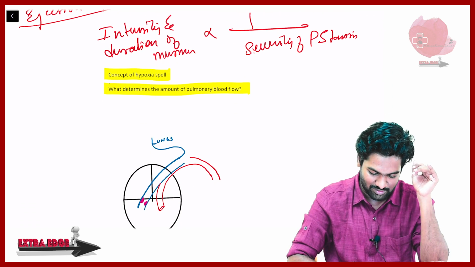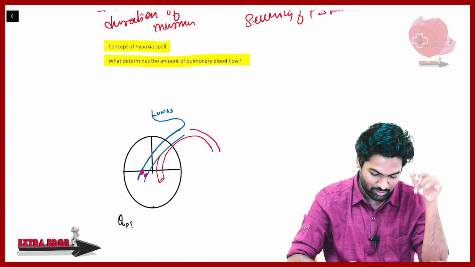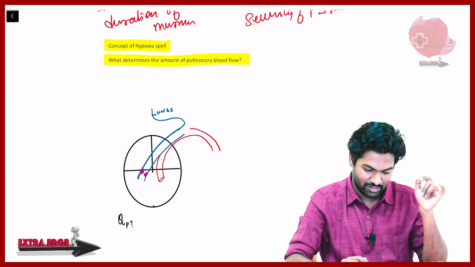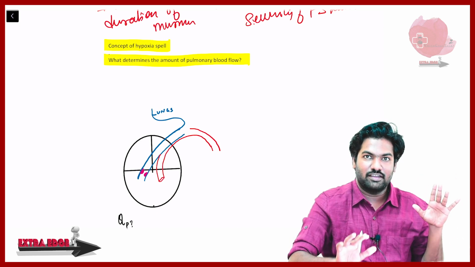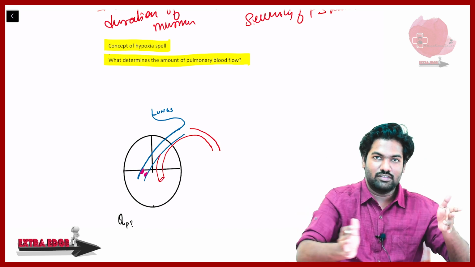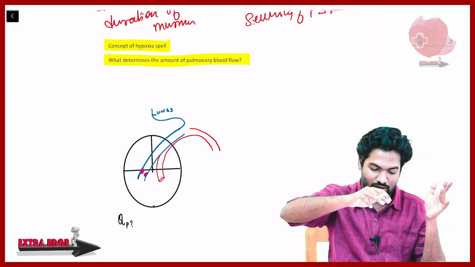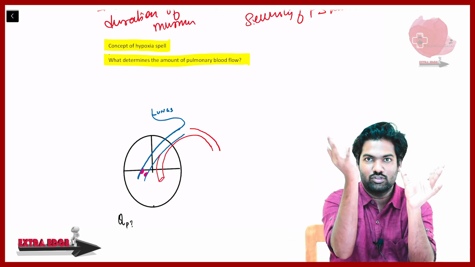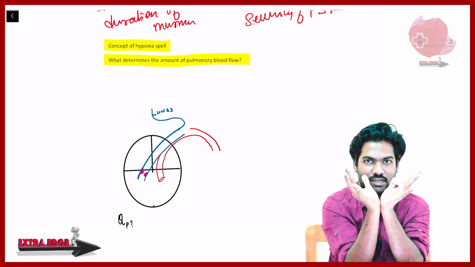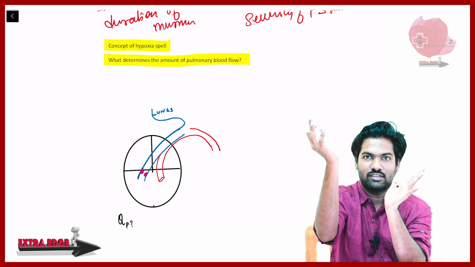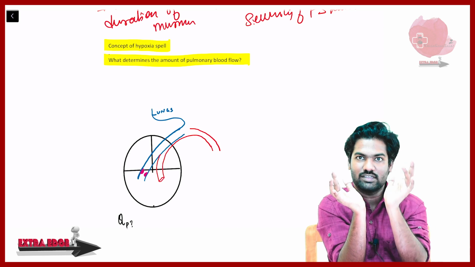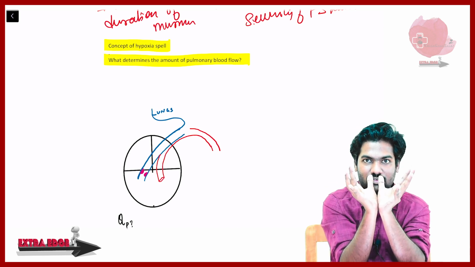There are multiple other concepts here. I have shown in this diagram that the VSD is such a big defect that it is entirely one chamber. Both the left ventricle and the right ventricle are there. From the right ventricle the pulmonary artery arises, and from here the aorta arises. It is behaving like a single ventricle now.